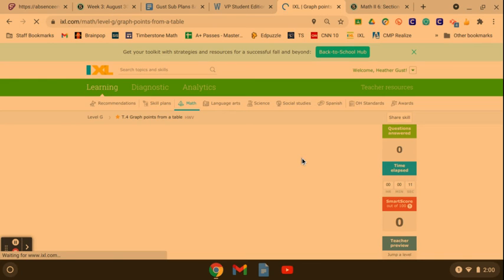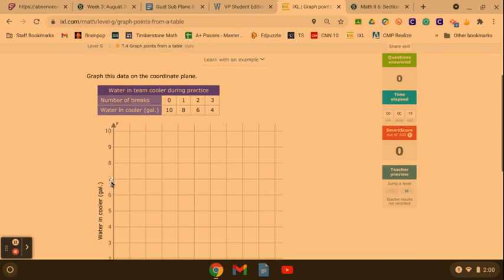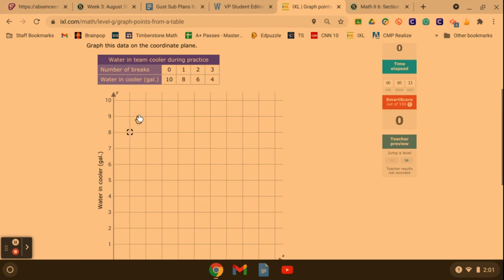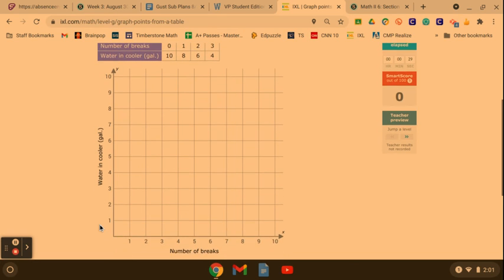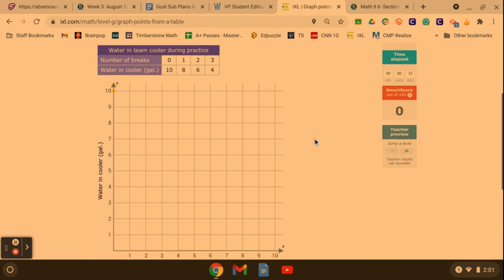So it's going to give me a table. It's going to give me my independent variable, my dependent variable. Lucky for me, it already has those labeled on the graph. And now I just need to go over 0, up 10. So over 0, up 10, plot my point,